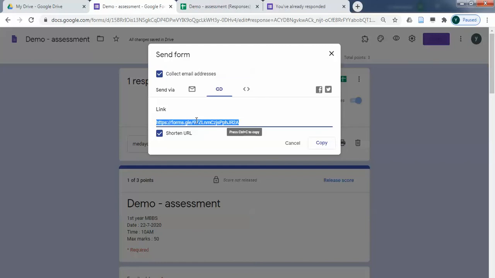I think Bala sir was telling in the last class how to integrate these things with Google Classroom. So you can put this link in Google Classroom. The other way is to open Google Classroom first, click on the quiz assessment, and there automatically one form will get attached. So the link will automatically go to every student. Okay? That is the way of sharing the link to the students.